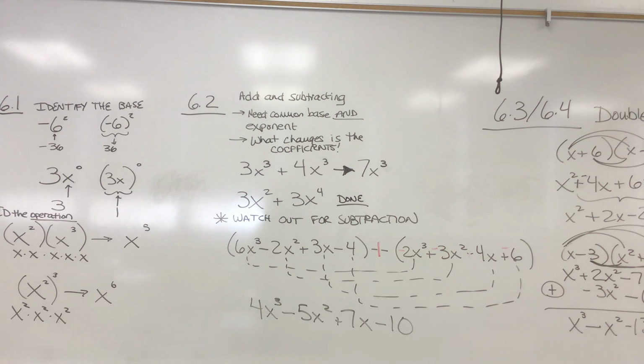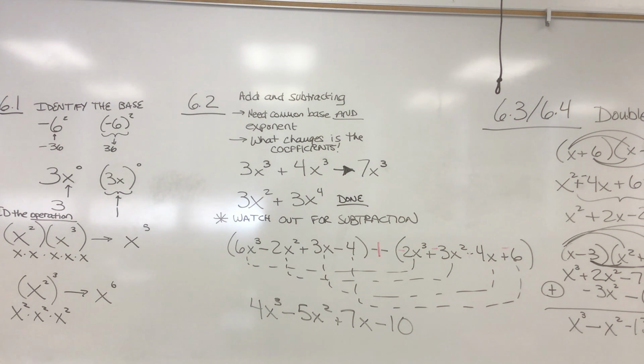So again, I can take our first example, 3x's cubed. I can add 4x's cubed, and now I have 7x's cubed. Notice I didn't change the exponent because the item itself, the base and the exponent, that didn't change. The only thing that changed was the number of them. I cannot add 3x squared plus 3x to the fourth because they're two different things,